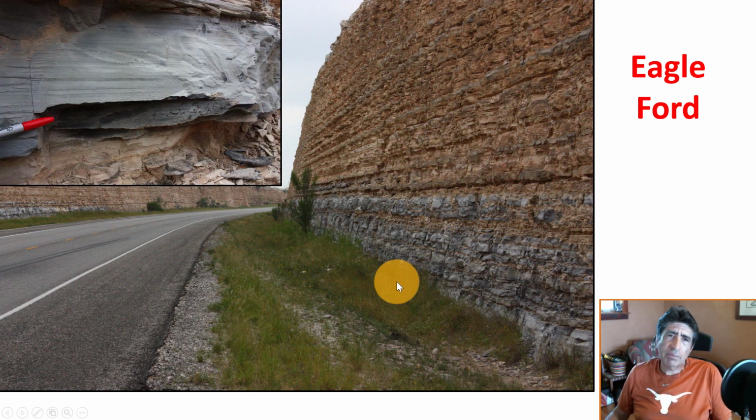If we do a close-up of this lower Eagle Ford, that's the way it looks, the organic material. In some places of some wells in the Eagle Ford, we can find gas. In some places we find condensates or hydrocarbons with different viscosities. This is the source rock for many reservoirs, or conventional reservoirs, across Texas.